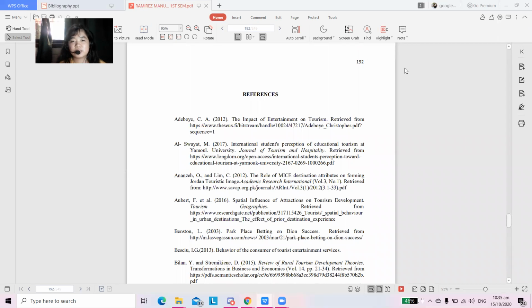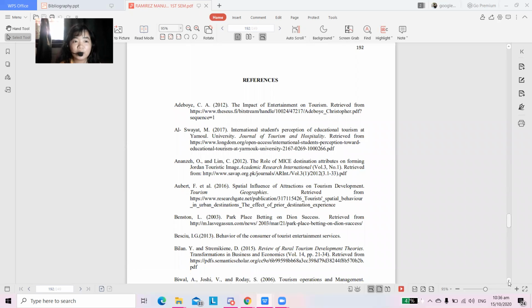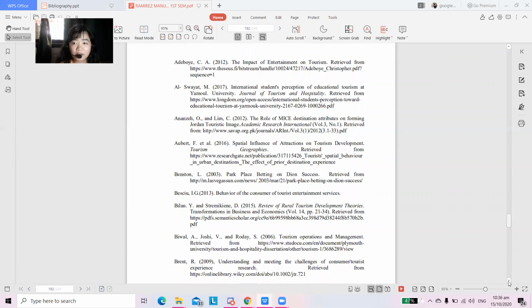Okay? So this is an example of a reference list. If you could remember, in my introduction, I provided a citation of Jam Gade wherein I got ideas on what is Meisterism. If I were to define what is Meisterism on my own without the help of other researchers, it would be lacking. I cannot define it fully because I have only a little understanding of that topic. I need the help of other researchers. So, since I used other ideas of Jam Gade to include in my introduction, I cited him here, with his last name followed by the year published. I put him in the reference list.